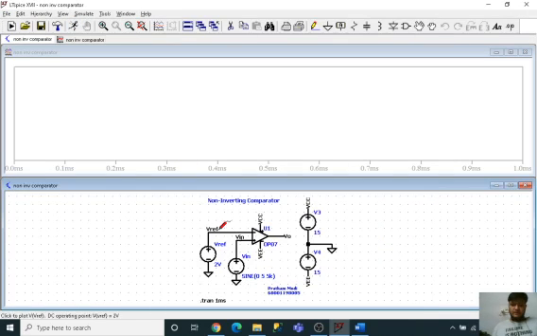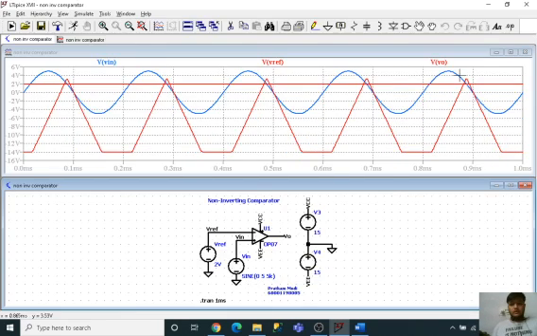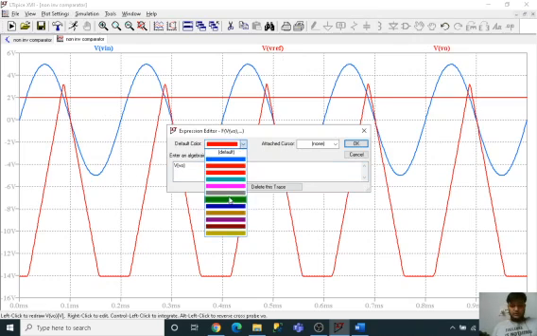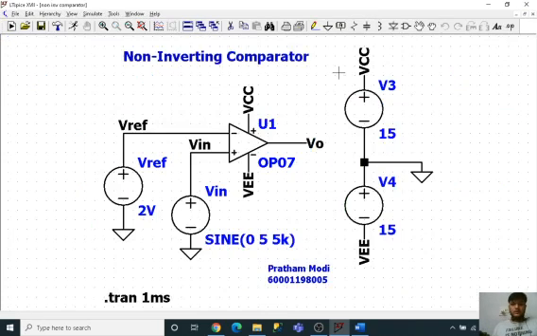You won't find much difference except the reference voltage. See, this is 5, meaning 10 volts peak to peak input voltage. This will be my reference voltage of 10 volts. And as it was a non-inverting comparator, if we had applied this same in the inverting comparator, the output voltage we are seeing over here was totally the complement of the same, but it was at 10 kilo ohms. So we were not able to find the intersection of the points. So this is how the inverting and the non-inverting comparator works.